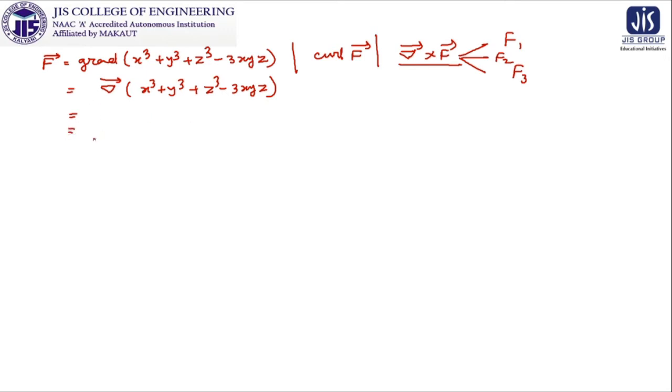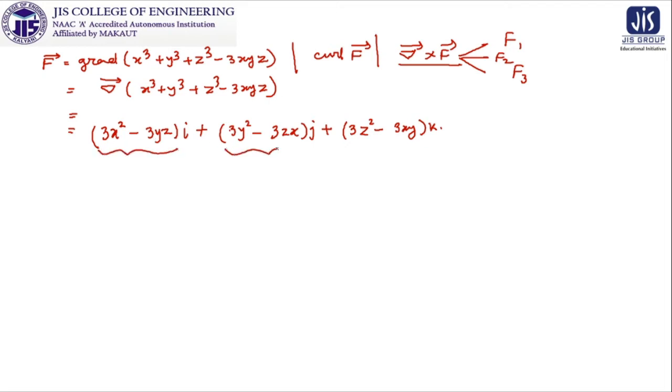So I am not doing it totally, I am just writing down the answer we got in the last calculation. Basically you can do it by manual or mental calculation, because there is nothing big in this particular calculation. So our f1 component, f2 component, f3 component is in our hand.